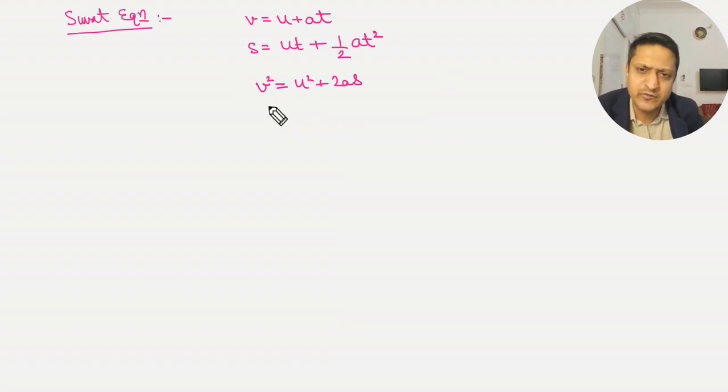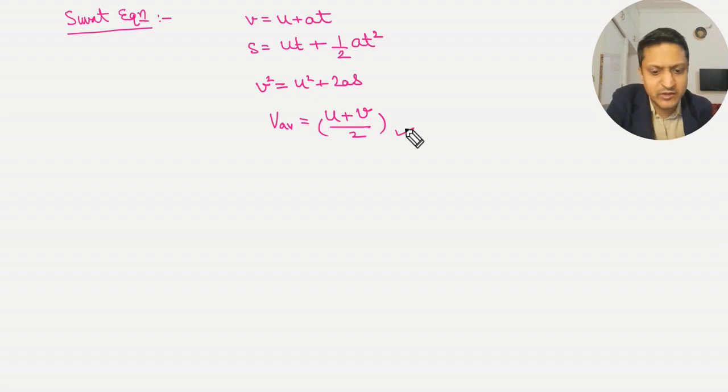One formula is also very important here, the average speed or average velocity, that is the initial velocity plus final velocity divided by 2. So keep in mind this formula, and there is one more formula that is also very important, that is the distance